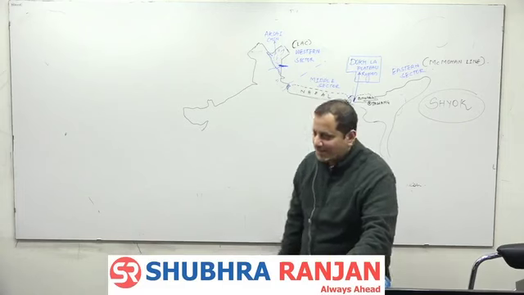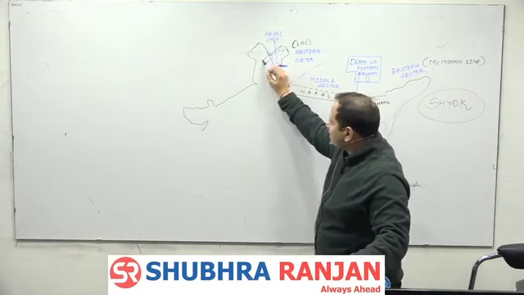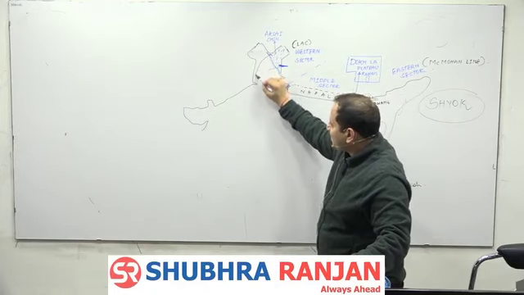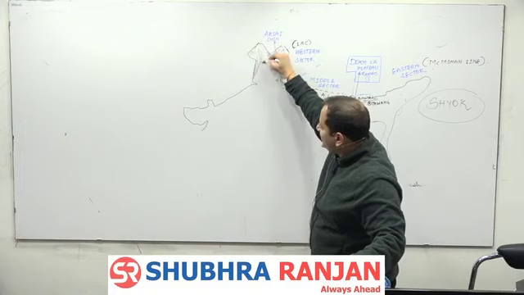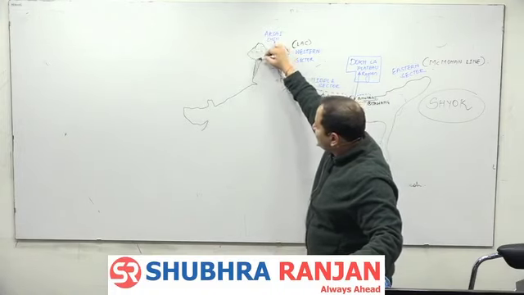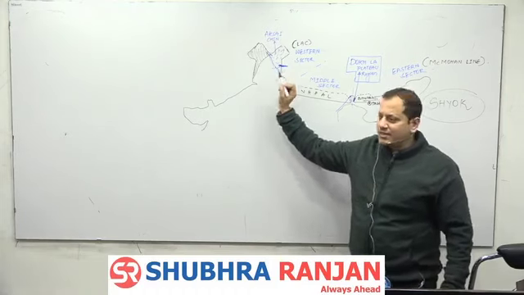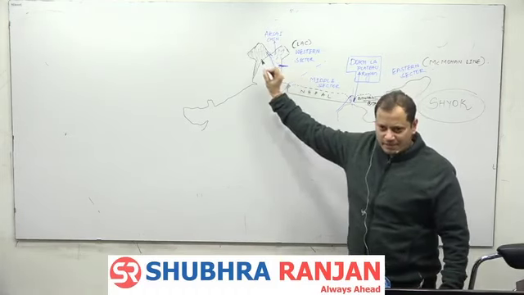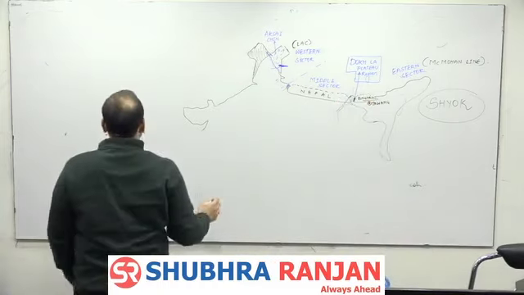Understood this? Now from here our best friend starts, that is Pakistan. So this is how actually India is. We don't have this part, we don't have this part, and this is how India is. So the third is